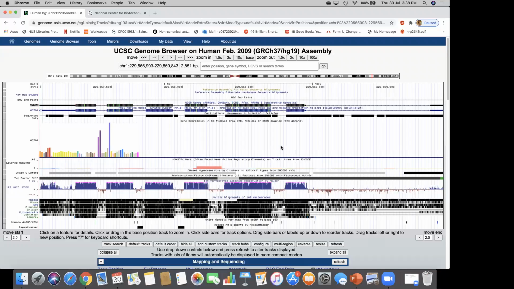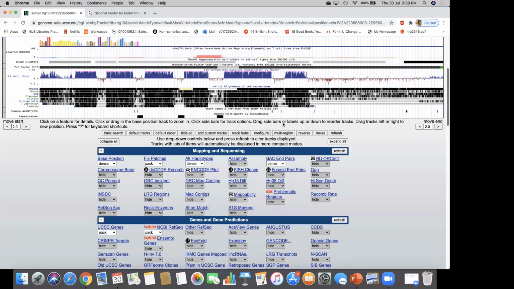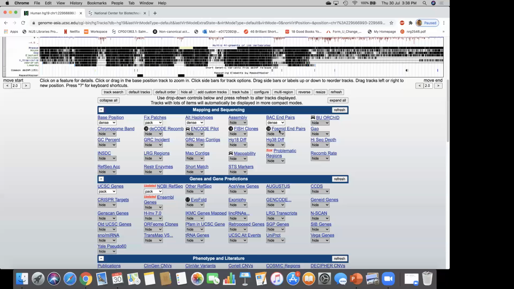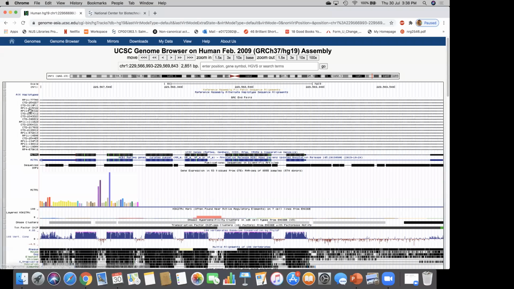So this way you can analyze or you can change your search. So here you can see many back clones available for this region. If you click, then you can get the information about the back clone,